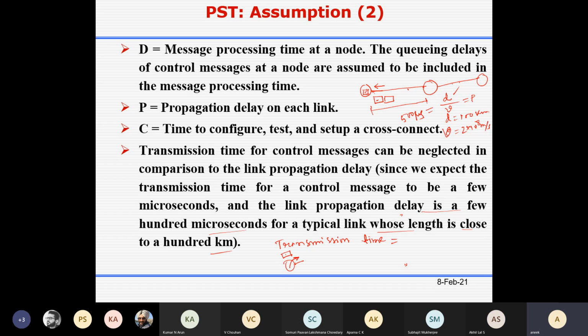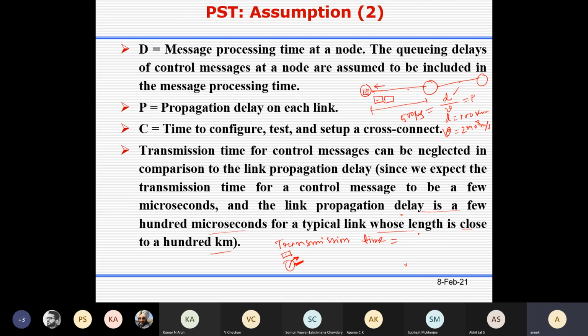Which one is the processor? Your processor is the link, and its processing speed is basically your link speed.